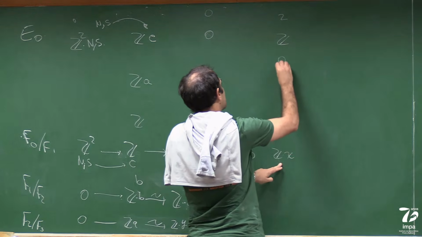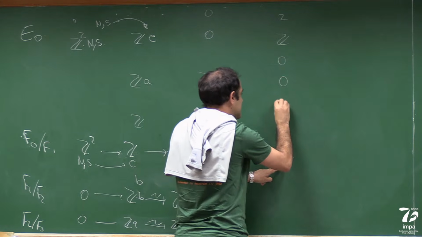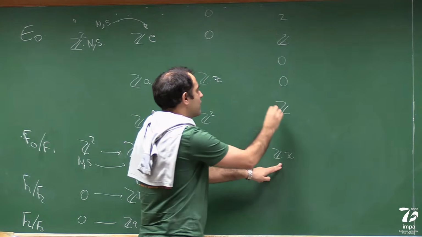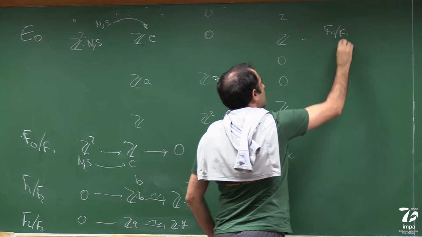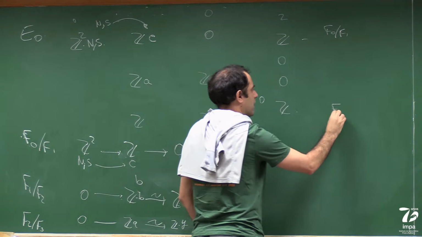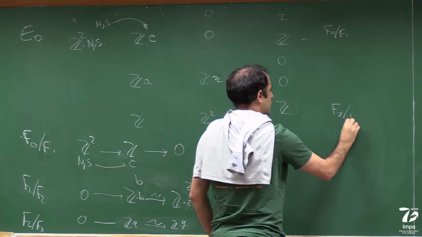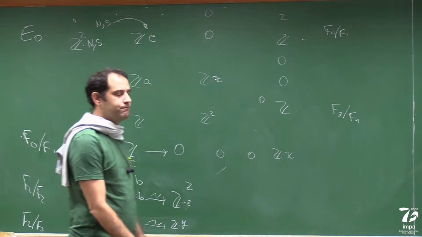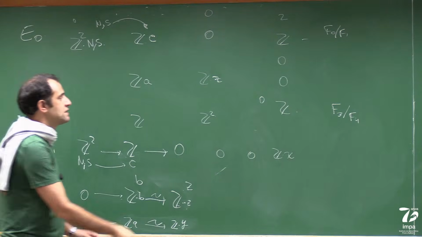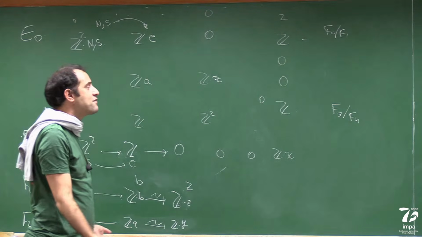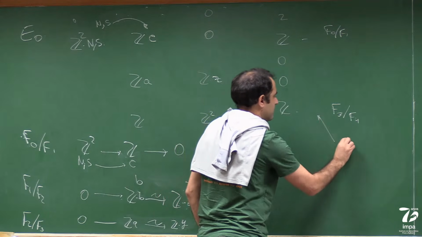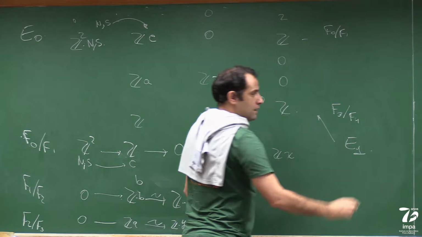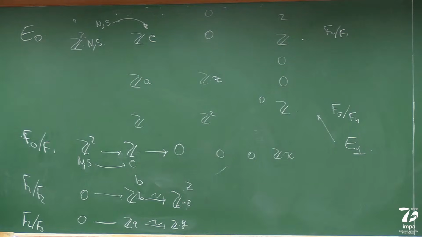So I have 0 in the second arrow, 0 in the second arrow, and I have z in degree 0 for, so this came from f0 modulo f1, and this comes from f3 modulo f4. And this is in degree 0, and this is in degree 2. And that's it. There's nothing else that I can do, because this is the E1 term of the spectral sequence. So now we need to take the differentials of those, and that's obviously 0.